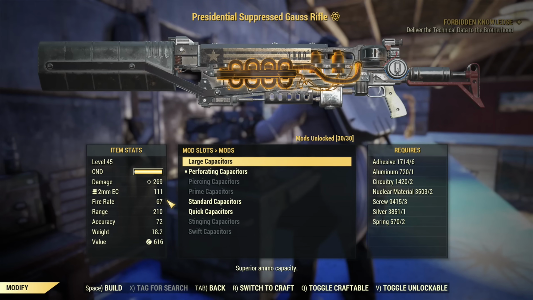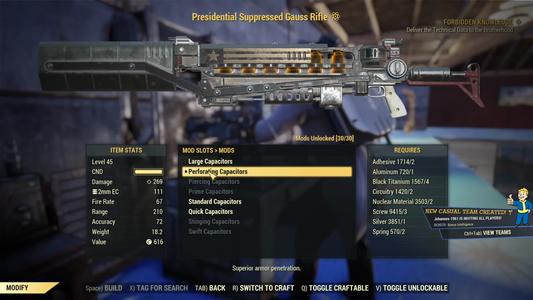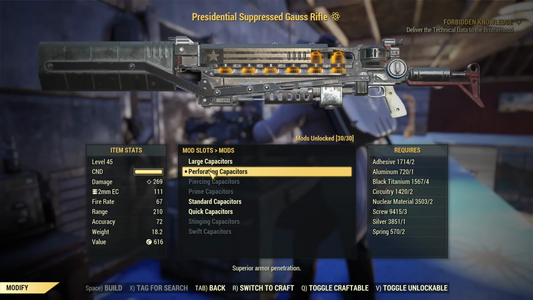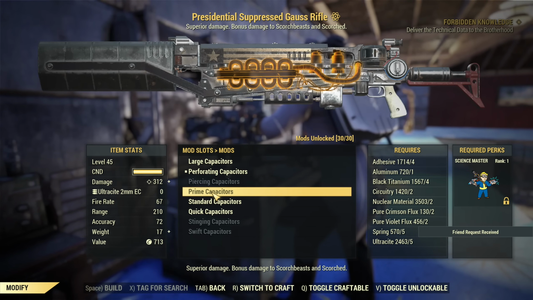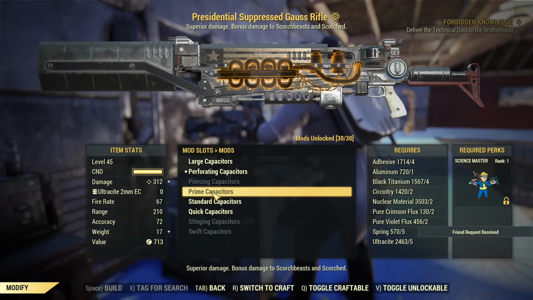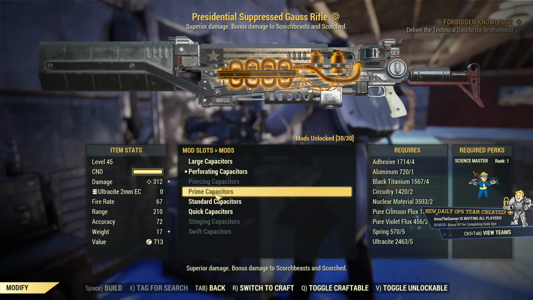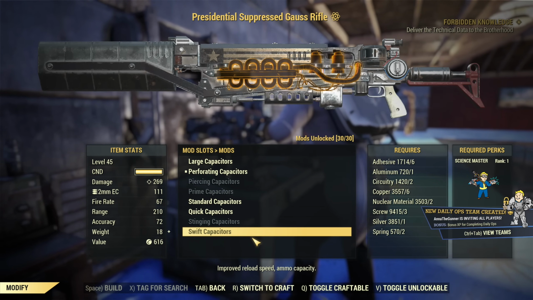After that we have capacitors. It's a little bit more interesting here because you have perforating capacitors that will offer you, of course, armor penetration, and in the same set of mods you will have prime capacitors, which means it will offer you higher damage and even higher damage versus Scourge and Scourge Beast, but no armor penetration. So generally it's a choice between perforating capacitors and prime capacitors,